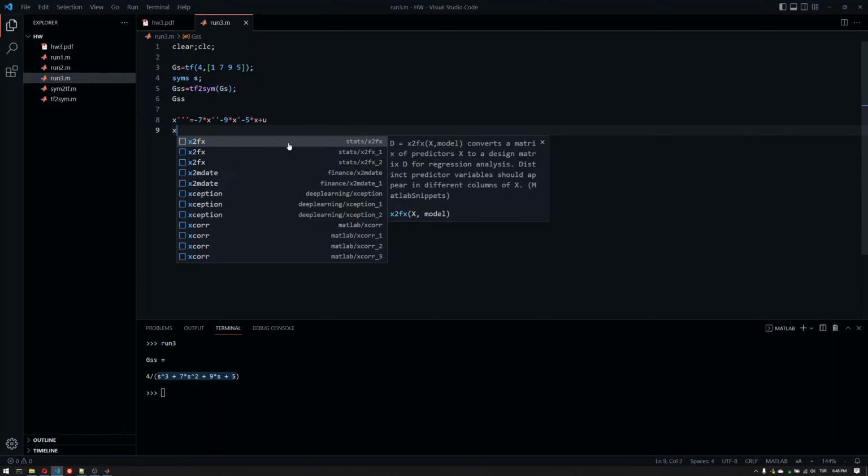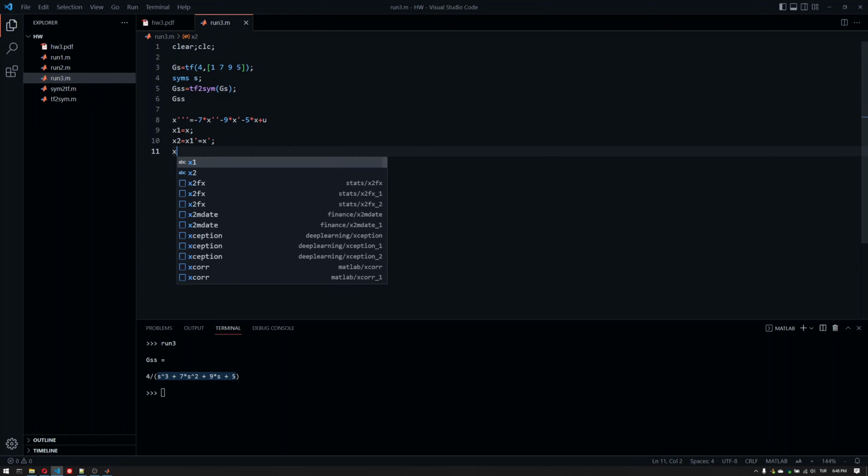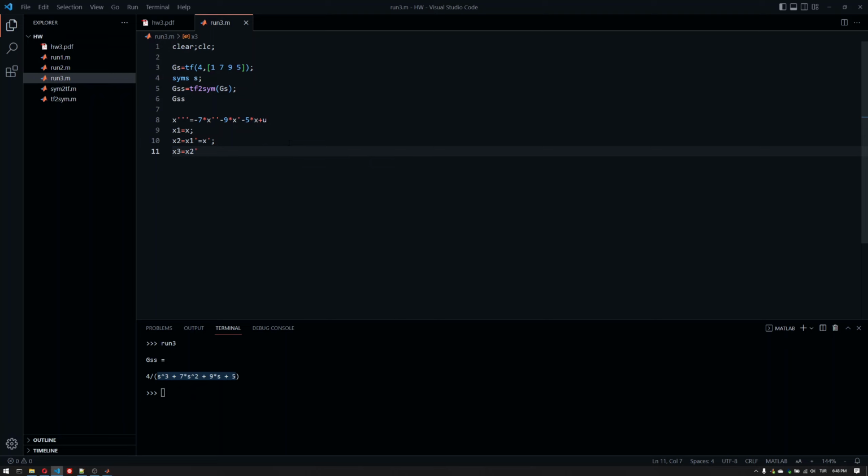Now, if x1 is equal to x, then x2 will be x1 derivative, which is x derivative. x3 would be then x2 derivative, which is x double derivative here in this case. And based on these definitions, we can replace everything in terms of x1, x2, x3. So if x3 is x double derivative, the derivative of that would give us x to the third derivative. That would be equal to minus 7 times,